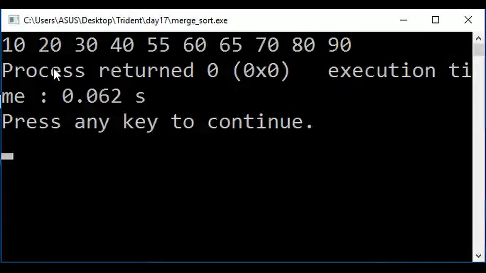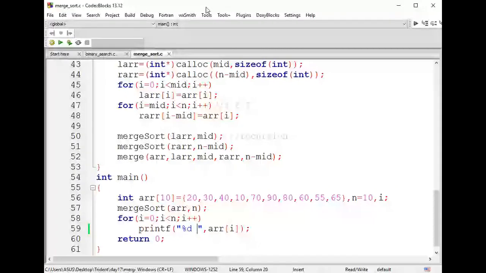The values we gave are 10 to 90. The mean value we gave is 55, and 65 as one of the values. So you can notice that the data has been sorted. Okay, the output-wise sorting is done. Whatever sorting you implement, you'll get only the sorted array as your output. So the logic behind it is varying. So you can look at it. If you have any doubt on it, you can let me know, guys.